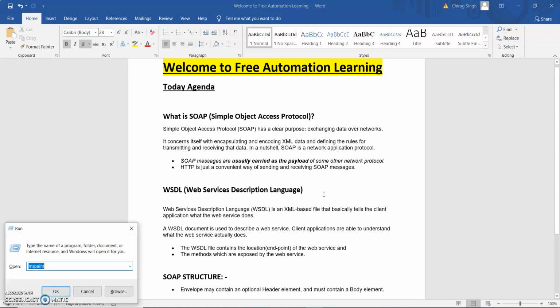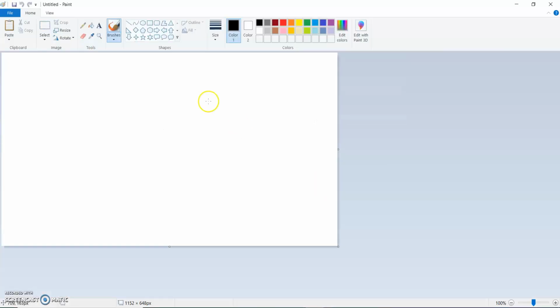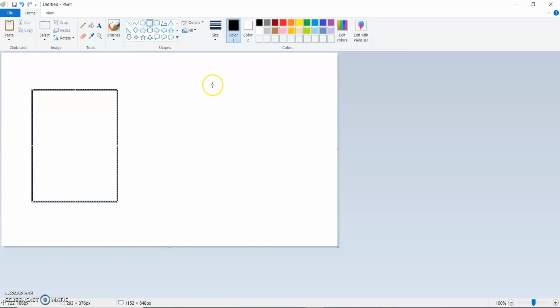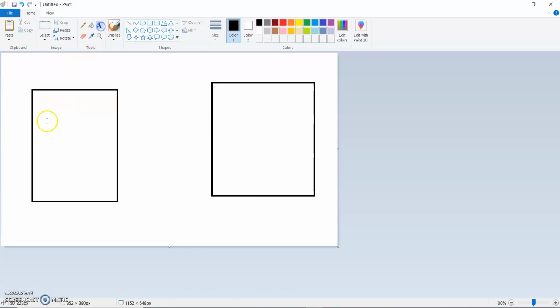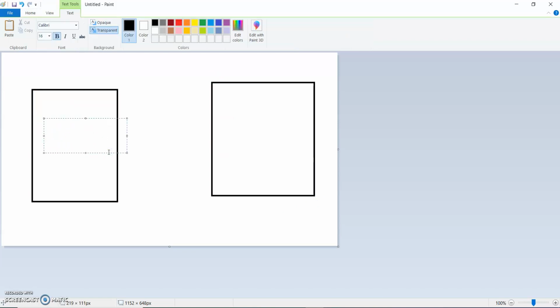So this is a SOAP structure. If I open Paint, I will show you. This is my application A and this is my application B, right? So this application gives me some methods related to maths web service. Just give me a moment. So this is a math web service.